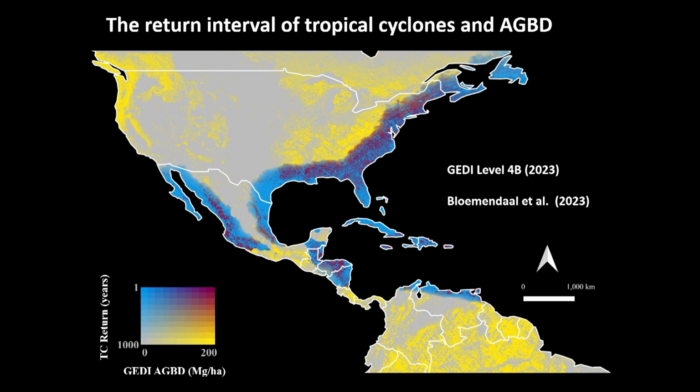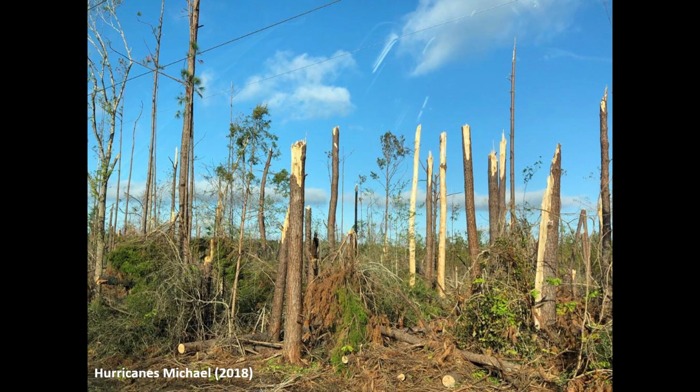Then I took that map and overlaid it with the biomass map. You can see that it goes from 0 to 200 tons per hectare. You can see that where we are living in Florida, we are going to have hurricanes every year, and it's going to affect most of our forest. So after producing this map, I came back home and told my wife, hey, let's take the boy and get out of Florida, because we're going to face hurricanes every year. And that's crazy.